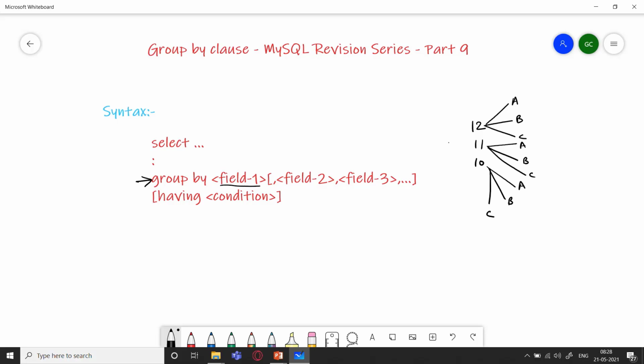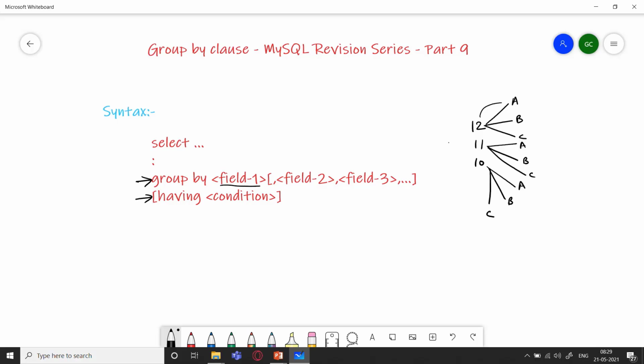So I want to group it like this: 12th A, 12th B, 12th C, 11th A, 11th B, 11th C. Each will have a certain number of records, and we can apply any aggregate function on that. So we can specify multiple fields, which we will be seeing in the subsequent slides today,